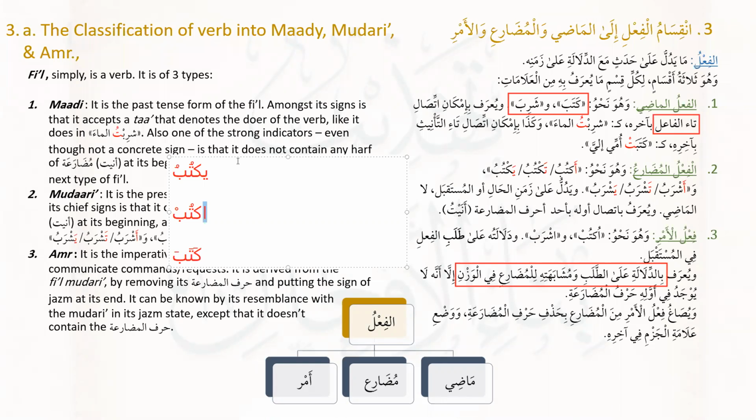ويصاغ فعل الأمر من المضارع بحذف حرف المضارعة. How do you form a فعل أمر from a مضارع? By removing the حرف المضارعة. So what are you left with? You are left with a kaf, ta ضمة, and a ba ضمة. ووضع علامة الجزم في آخره, and by putting the علامة of جزم,